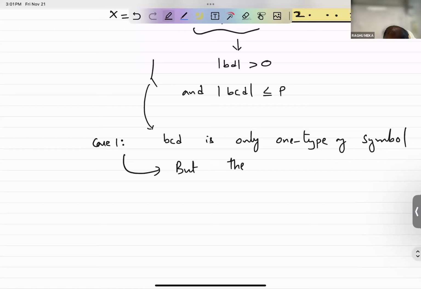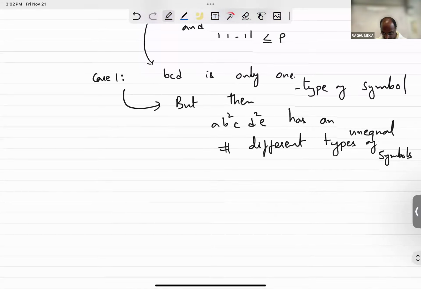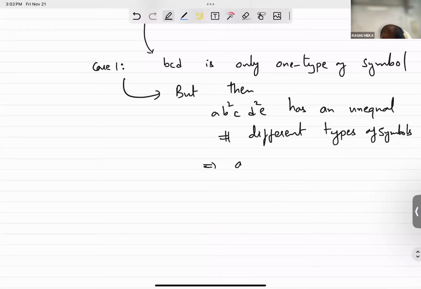but then it has an unequal number of different types of symbols. Right, so whatever symbol, whatever piece it fell under, its length has increased. So you get a contradiction. Okay. Implies